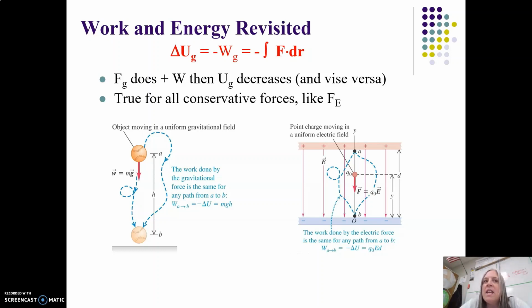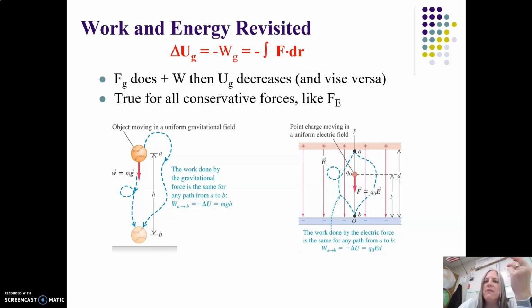And so when work is done by the electric field, the electric potential energy is going to decrease. And when the electric field does negative work, or we're working against it, the electric potential energy is going to increase. And that makes sense, because if we treat the electric force like a gravitational force,